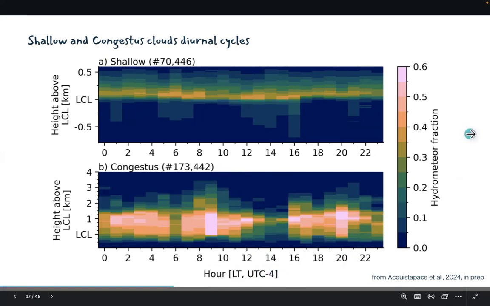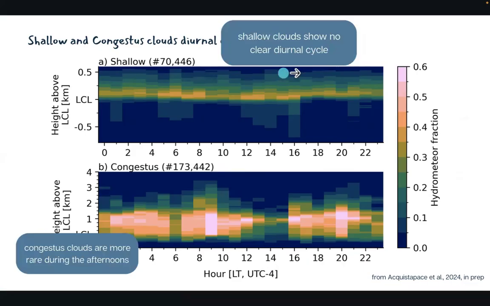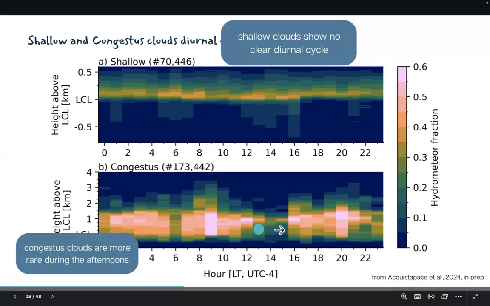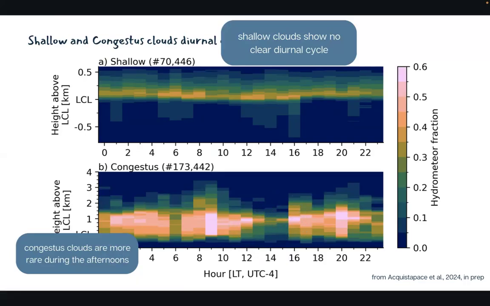So it's very nice to see that shallow clouds do not show a clear diurnal cycle in their occurrence. They are present more or less all over the day, while congestus clouds are more rare during the afternoon. You can see that here from 12 to 4, there is a sort of reduction of the amount of cloudiness. Here we are talking about hydrometeor fraction, so we don't split